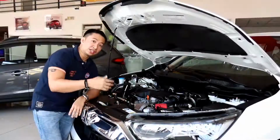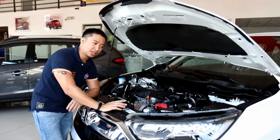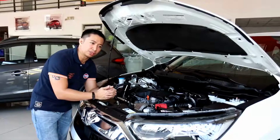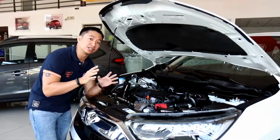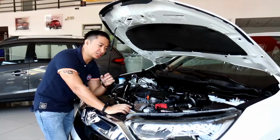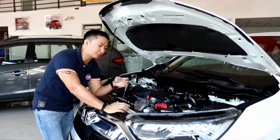Moving on to the engine, this 7-seater Honda CRV sports a diesel engine. Now if Honda has its iVTEC engine for its petrol cars, this one is called the iD-Tech, where D stands for diesel. Now this Honda CRV diesel is the first diesel car that Honda brought into the Philippines, and it has been received with